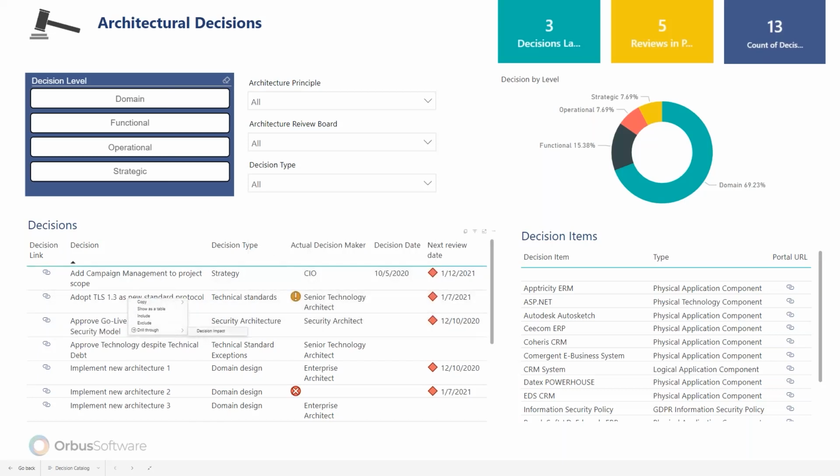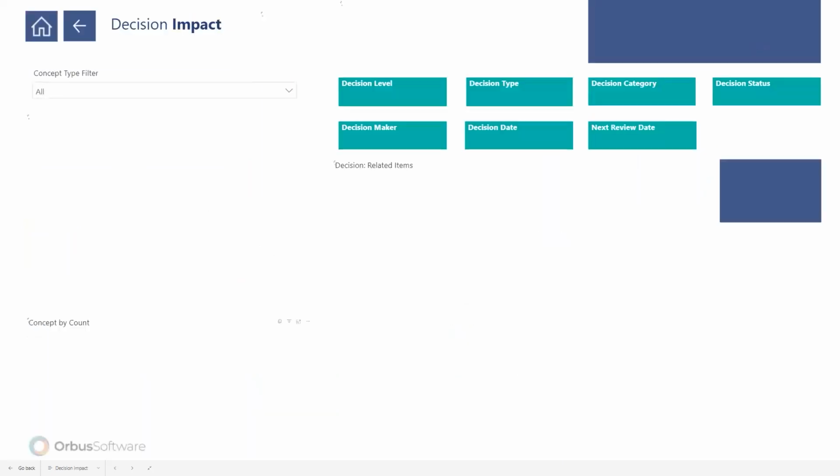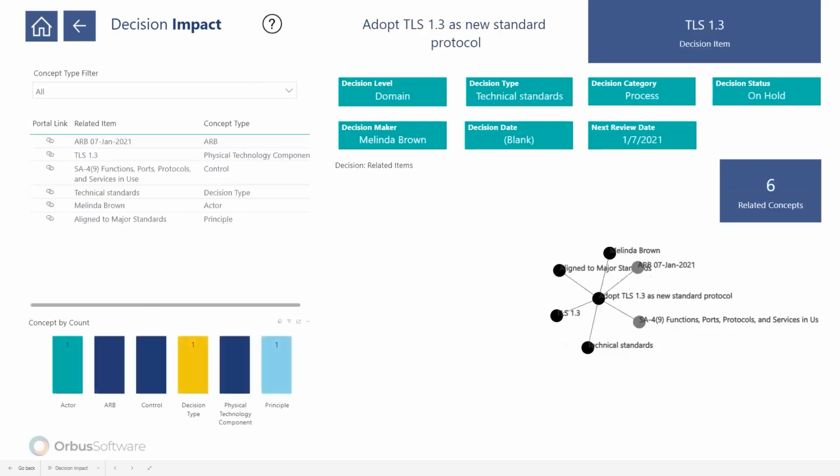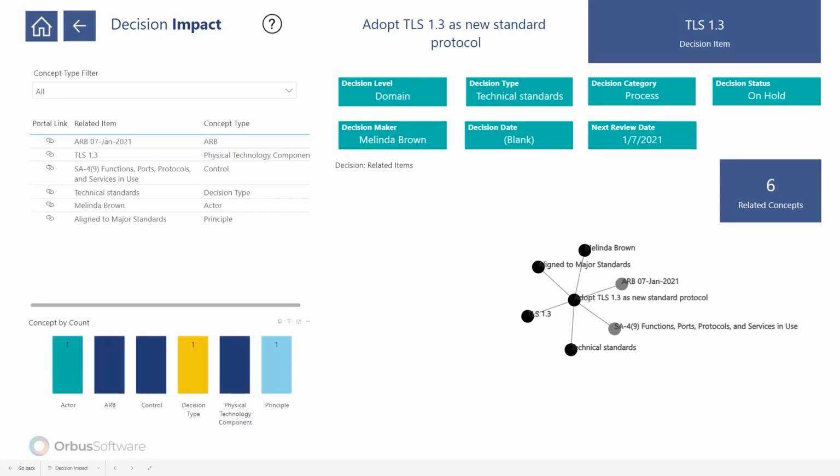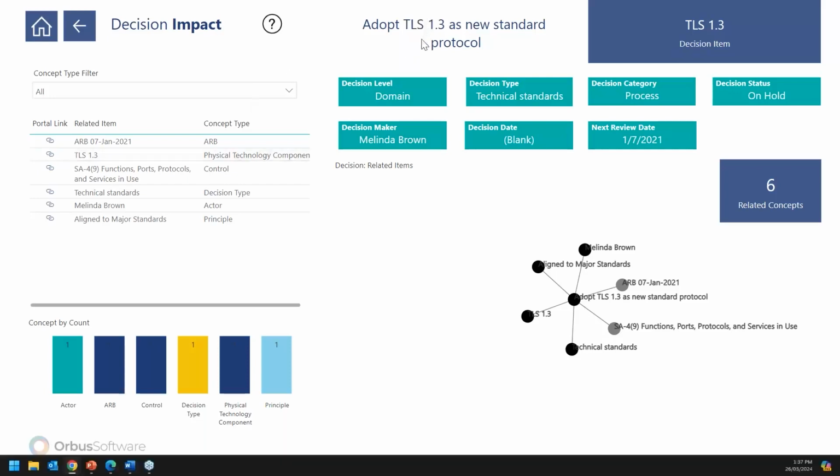For each of these decisions, you can understand what the impact looks like. So in this example, this decision had quite a lot of different components which were impacted, and it's good to maintain this information every time a decision is made as part of your solutions